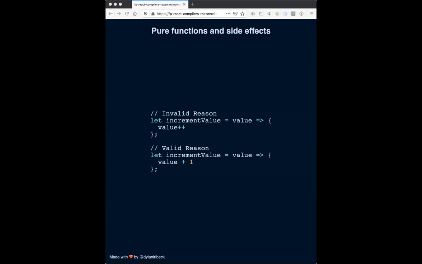So in this invalid Reason example, this is the only code example where this is actually not valid Reason. We try to increment the value of the variable as it's passed in. This is not valid. We can't change that value. But what we can do in the second code example is just increment that value, and then we can return the value + 1. So a pure function is a function that does not have any side effects,